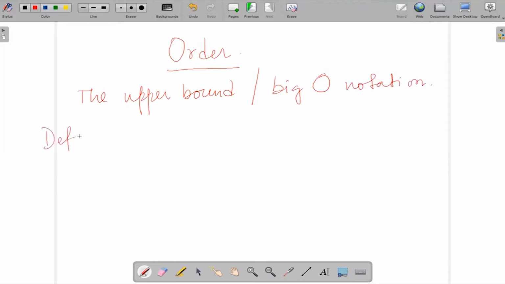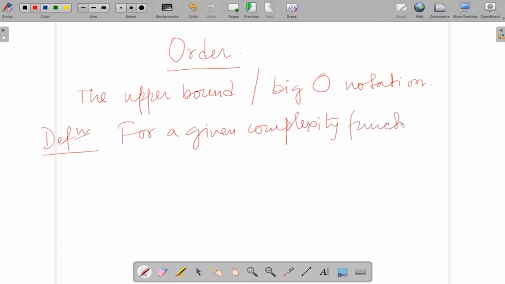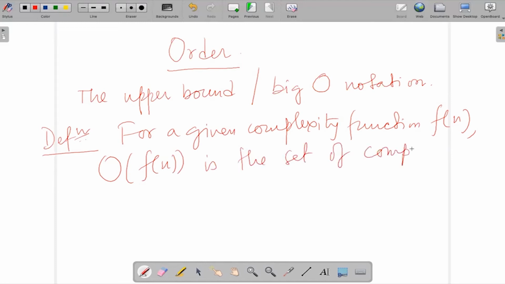Definition. For a given complexity function, say f(n), big O of f(n) is the set of complexity functions